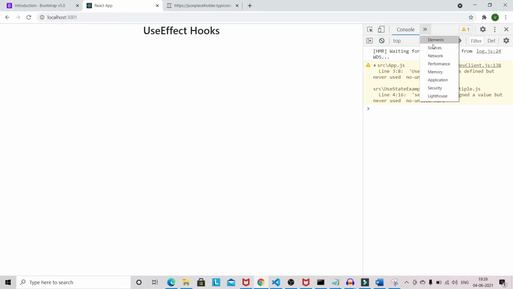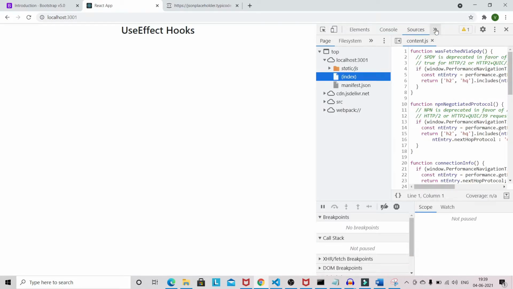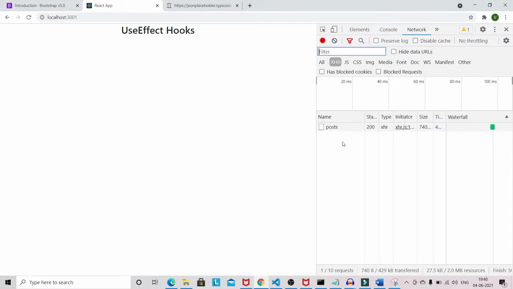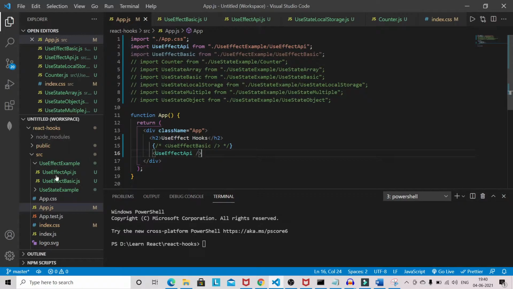Let's see the network tab. We are successfully able to call and we are getting the data here in the network tab, but we are not getting the data here.